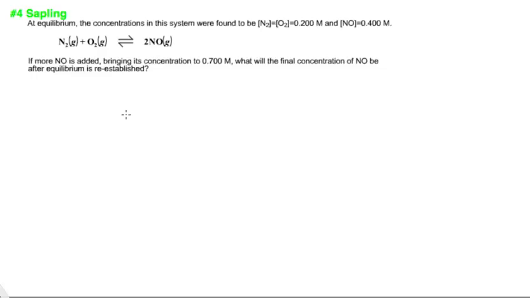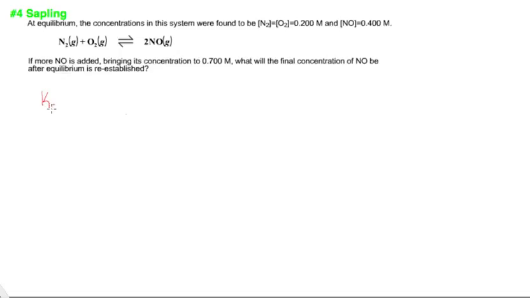Okay, at equilibrium, the concentration of this system was found to be nitrogen and oxygen were equal, 0.2, and NO equal to 0.4. If more NO is added, bringing the concentration of NO to 0.7, what will the final concentration of NO be? So first we need to figure out